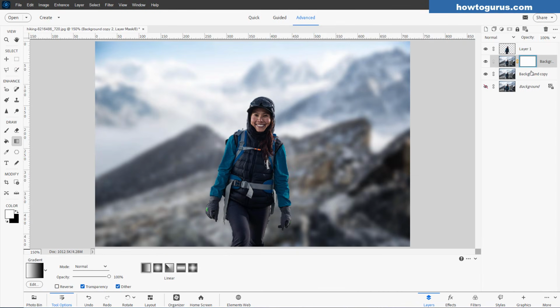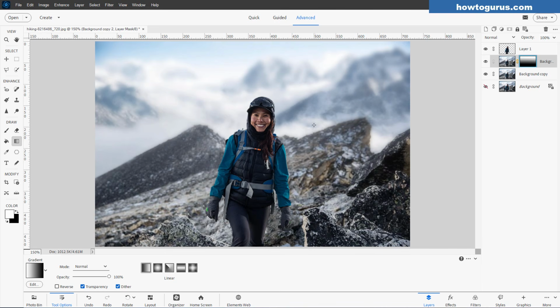And then make sure that your layer mask is selected. That's the light blue outline. It should already be selected when you made that layer mask. And then come up here to the top of the picture somewhere, and click and pull down to about here at the bottom. There we go. And what just happened is, with our gradient mask up here on the layer mask, we're showing the blurry layer at the top, and we're hiding the blurry layer at the bottom, and seeing our in focus layer at the